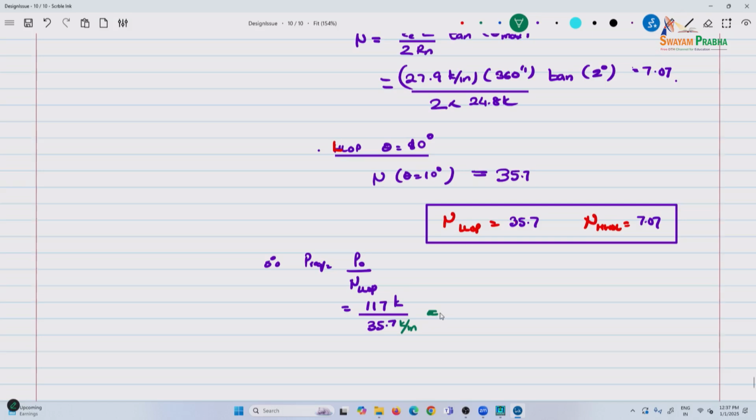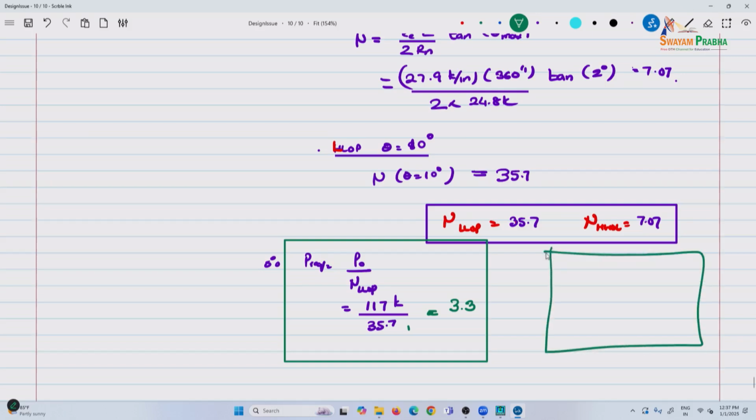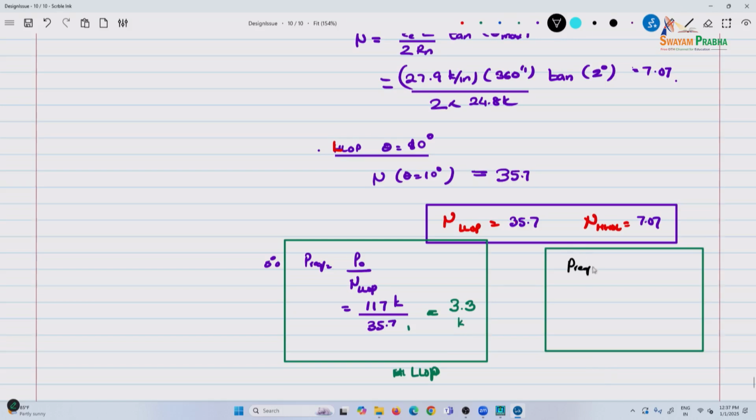No, there's no units at the bottom. So how much? 3.3. So this is for the low level of protection, and for the other case here we need 117 kips divided by